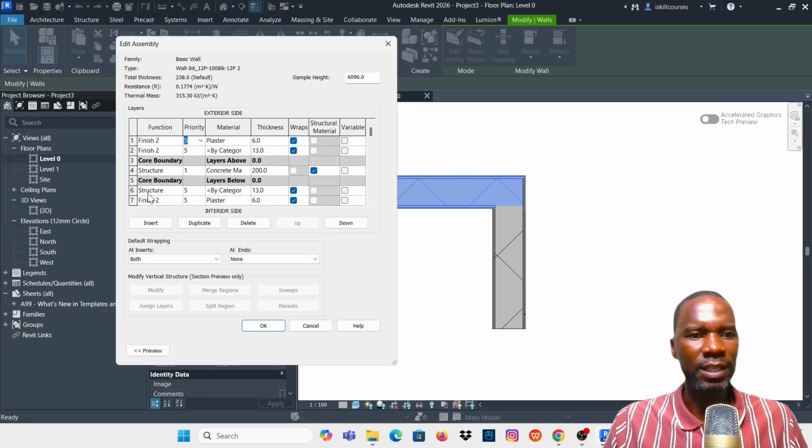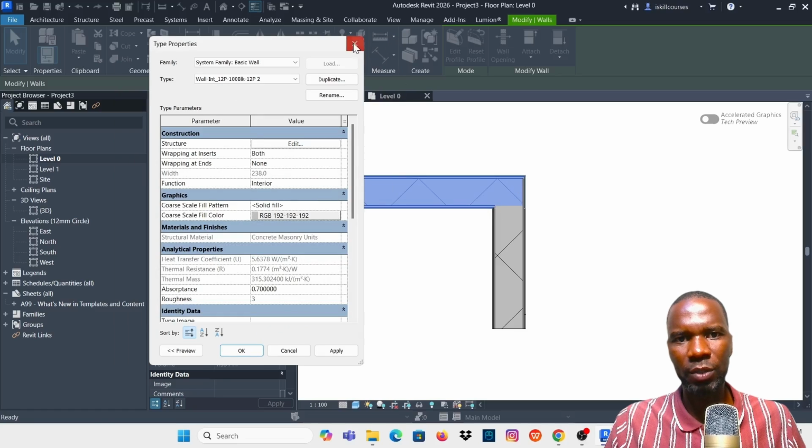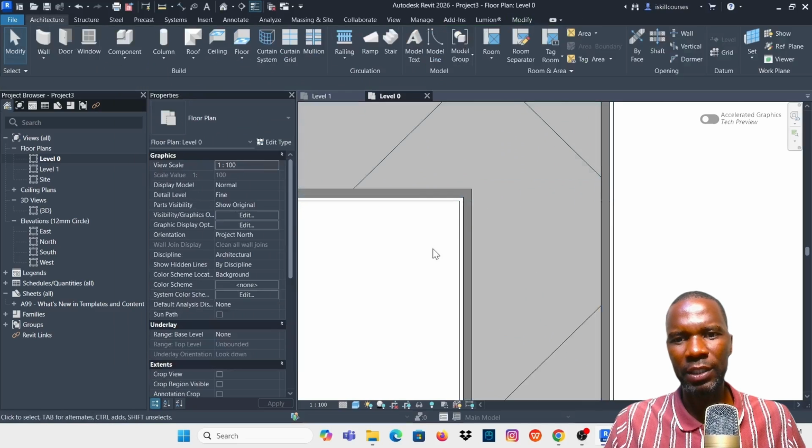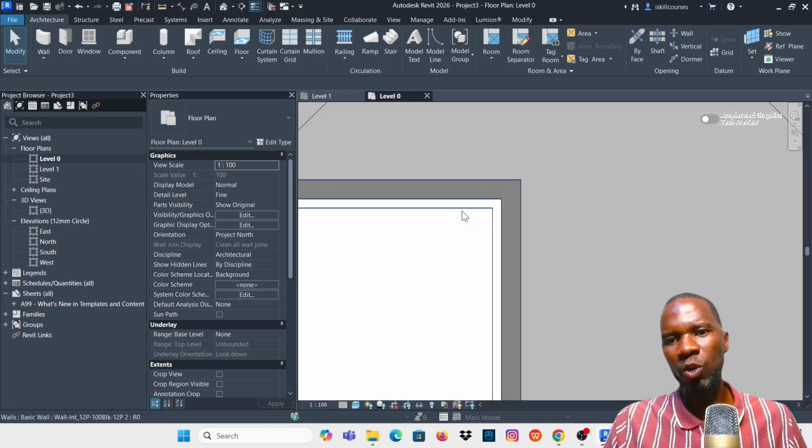So for example, I've selected this wall and this is the structure. If I reduce, notice what is going to happen here. Maybe if I were to show you what the join here looks like. If I also want to join this layer below to the core boundary there,